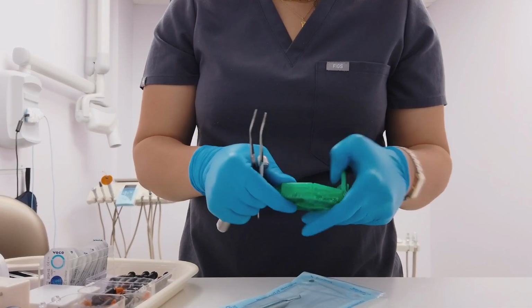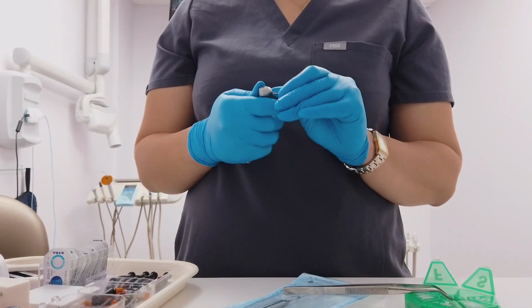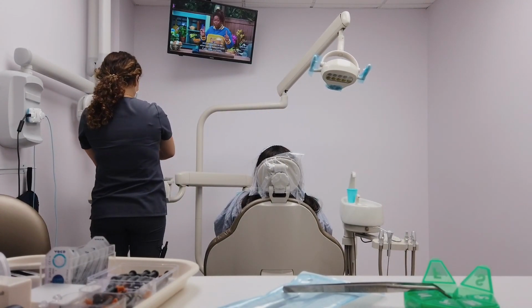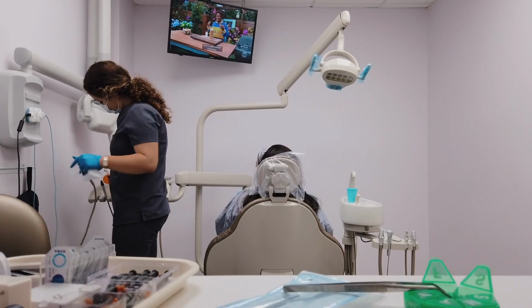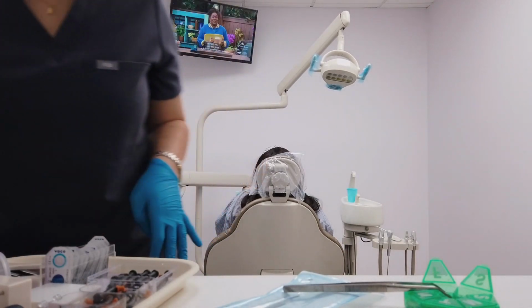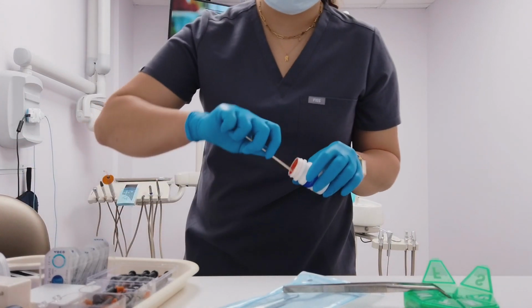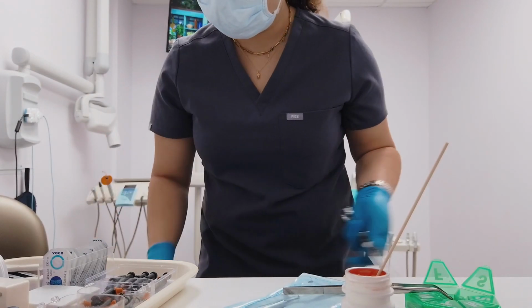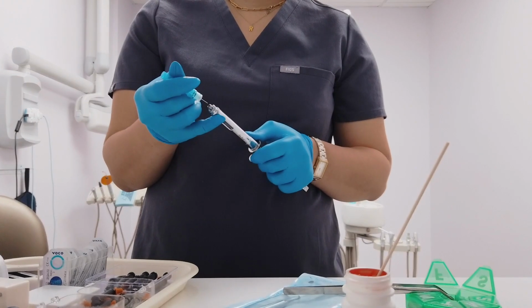Unless it's an instrument that needs to be sterilized, everything is pretty much on the tray. So for us, that would mean a few different shades of composite that is packable, a few different shades of flowable composite, as well as bonding agent, the little micro brushes, the pogo polishers, and a few other things. Before the procedure, we also set up all of the instruments for the dentist before calling them into the room. So I just unpacked the basic, put on the air water syringe,